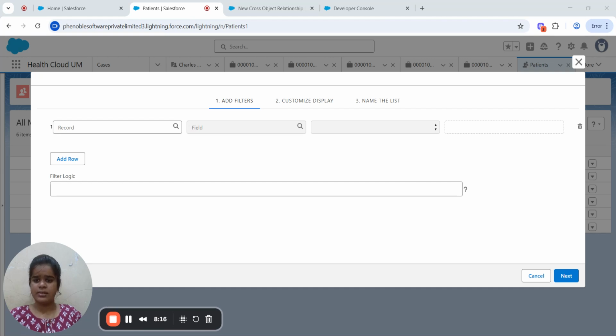The magic is that with the cross object relationship, you can bring the data from related objects like parent or child objects and see the information in one place together.